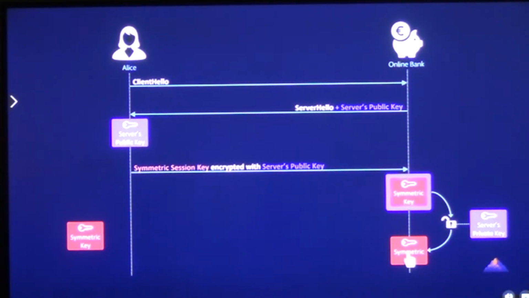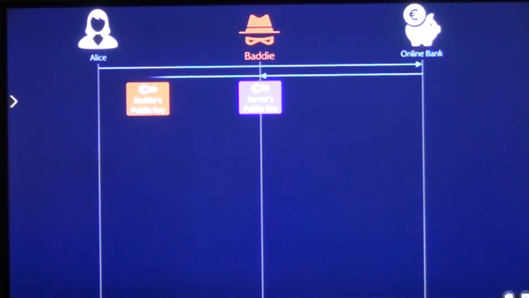We will also cover this symmetric key encryption कैसे होती है. See, and now there are keys, और आप उसको आपस में जो भी information है, you encrypt and you send. And in symmetric key encryption, you need the same key to encrypt and decrypt. और जो public key encryption, you need different keys to encrypt and decrypt. So this is the difference. So now this guy is the baddie who is just sitting in between.